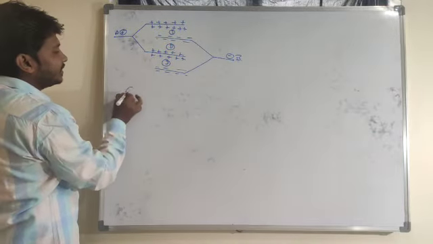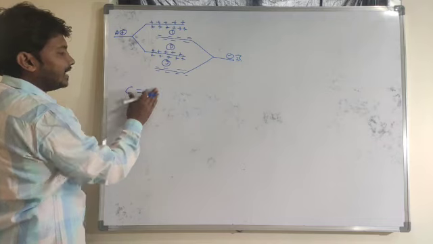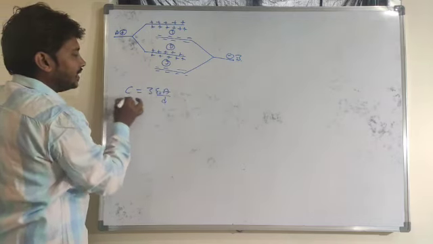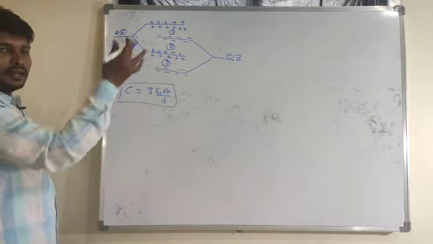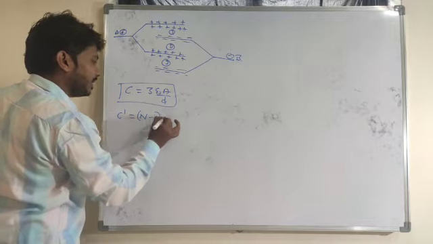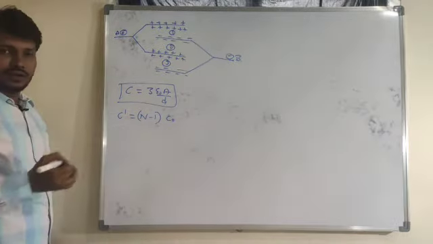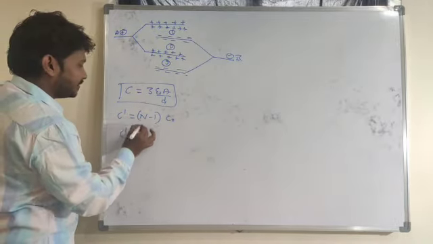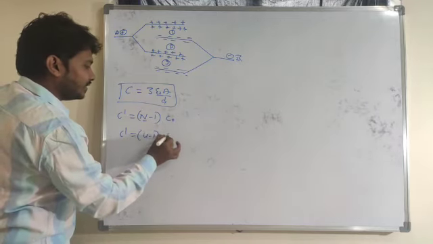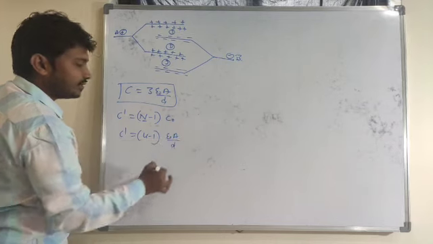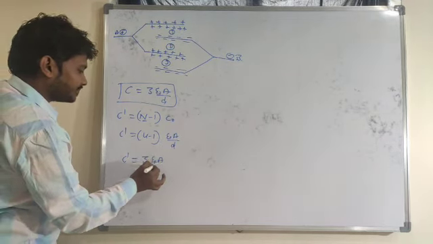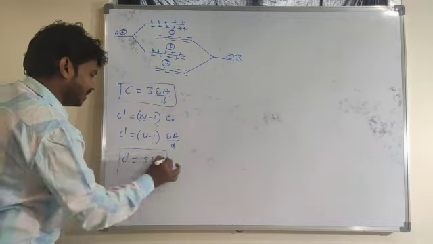So let me consider that C is equal to, with a dielectric here, 3 times epsilon naught into A divided by D. Or in this case I want to use the generalized formula, C dash is equal to n minus 1 into C naught. So look here, C dash is equal to how many plates here? 4 minus 1, where C naught is nothing but epsilon naught into A divided by D. C dash is equal to 3 times epsilon naught into A divided by D.